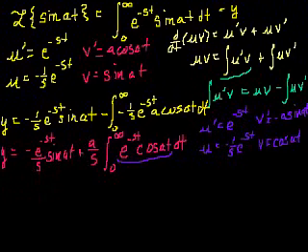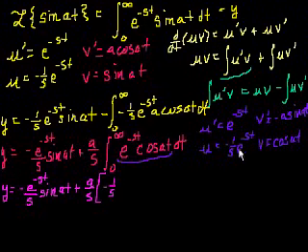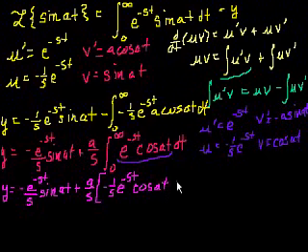So let's substitute that back in, and this is going to get hairy, actually it already is hairy. Y is equal to minus e to the minus st over s sine of at plus a over s times. Okay, integration by parts. uv, so that's minus 1 over s e to the minus st times v, cosine of at, minus the integral